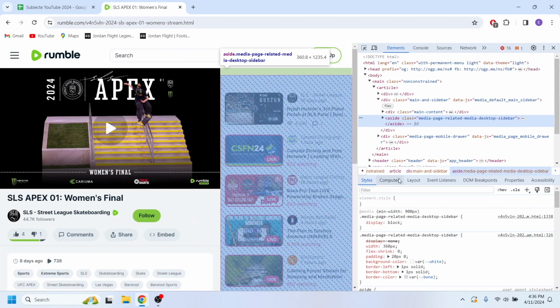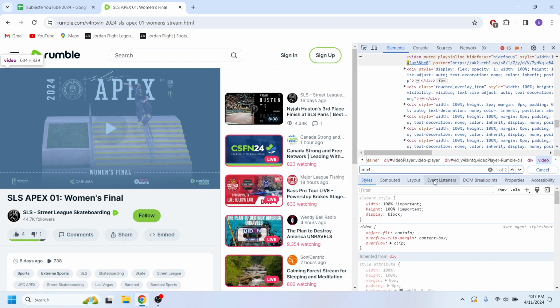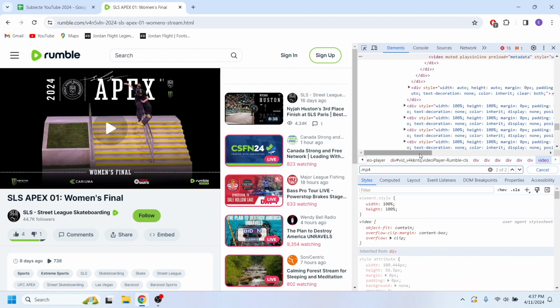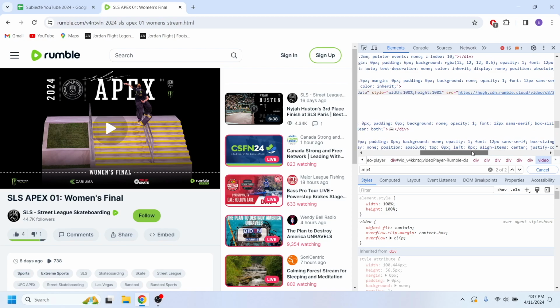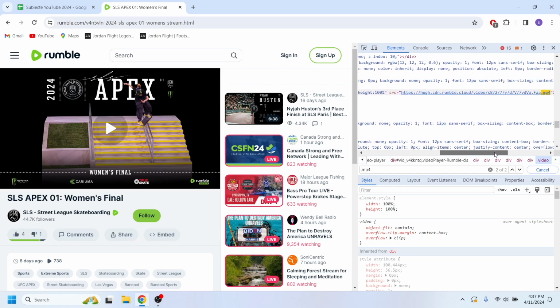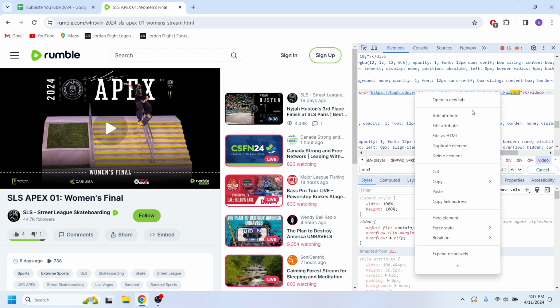So right here, we'll have to use the search bar, and right here, we'll have to insert .mp4 and of course hit enter to search that option. So this is this highlighted area right here. And as you can see, if I scroll to the right, I would be able to see this link right here. So what I'm going to do is I'm going to select this video, of course,